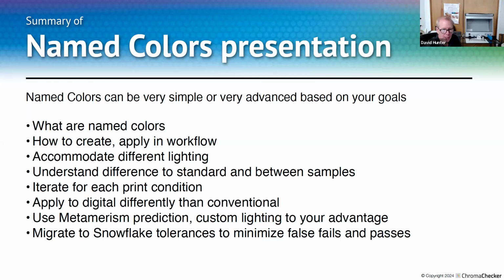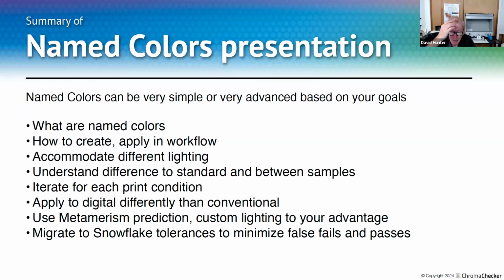We talked about how to iterate for each print condition. That makes a lookup table using our color match scan and our color match spot. And sometimes you don't need to iterate the CMYK or the ECG data. You need to actually build a formula for the ink in conventional, especially with gravure. And in Flexo, where you're not doing a process simulation, you're actually building the custom ink, which ChromaChecker workflow